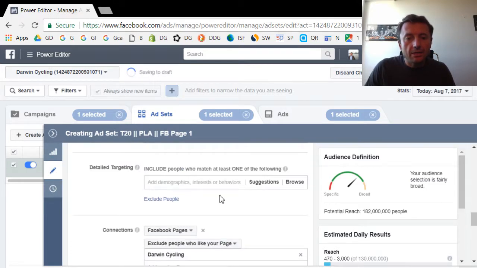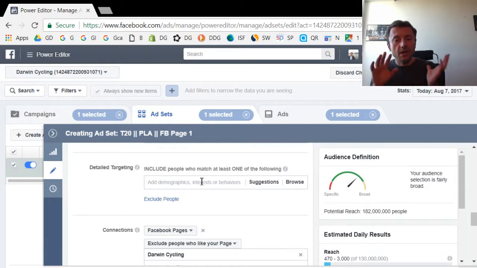And then the detailed targeting, this is where you're going to have interests. So this is where you can target people by the interests that they like on Facebook, other demographics, other behavioral interests as well, like the kind of job that they have. Facebook even allows you to target by their income level, what kind of a house they own, how much that house is worth, whether they spend a lot online. And again, these are all other topics that we won't be covering in this video,